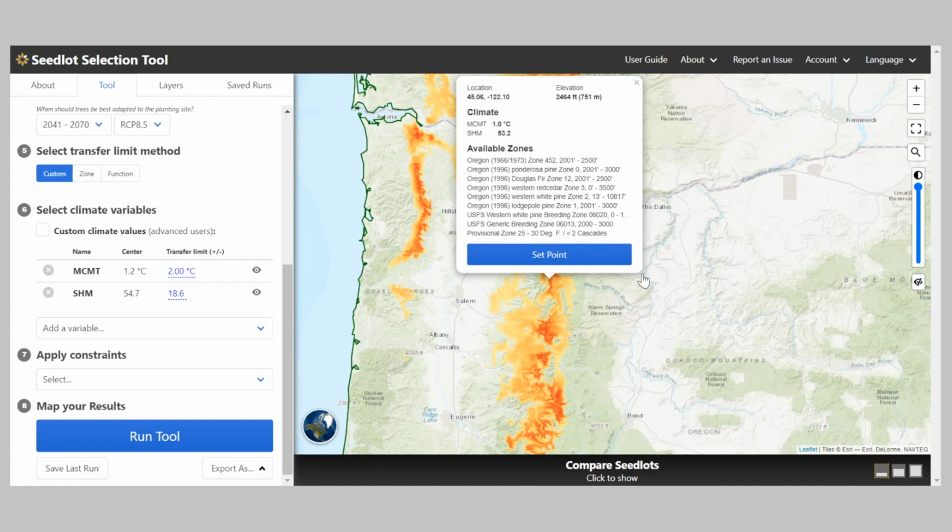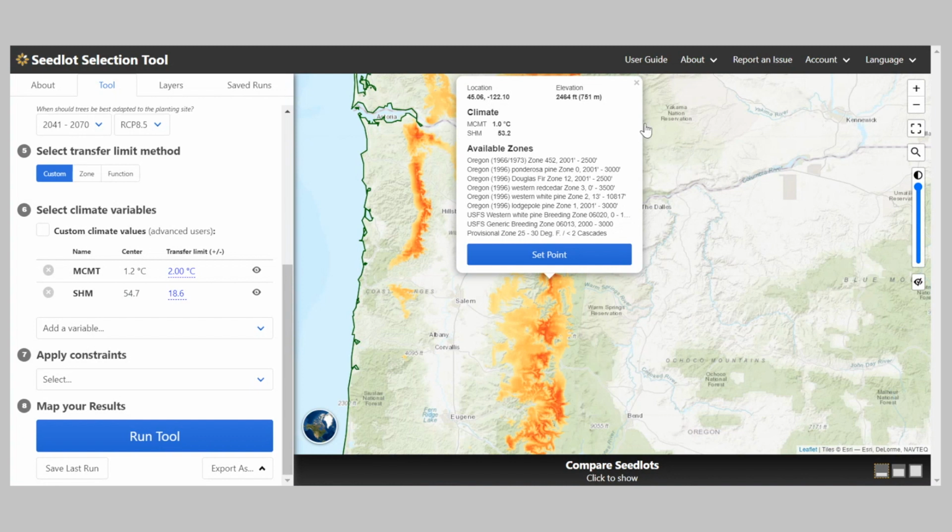General rule of thumb, I'd say, is that we're looking for sites that are a climatic match, but it's always better to select sites that are also closest geographically. So this area here would probably be the most preferable. So now we know that the 06013 breeding zone, and we can look in our seed inventory to see if there's seed from that breeding zone in inventory, and that would be a good seed lot to use for this planting site.